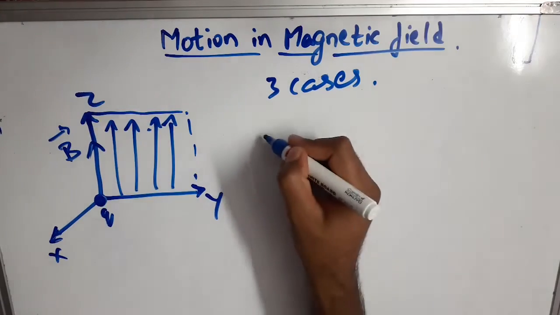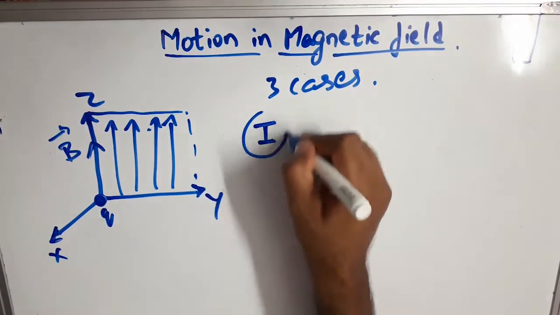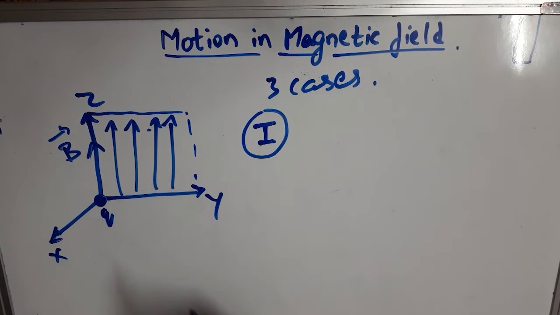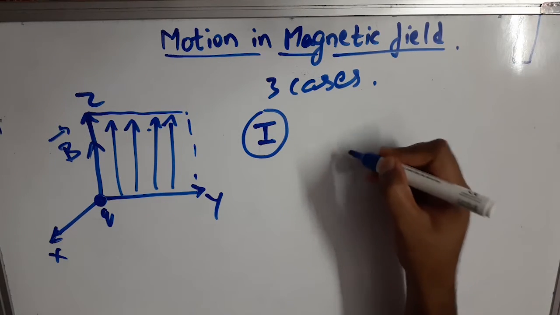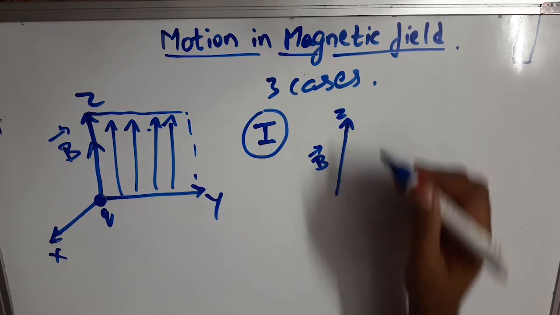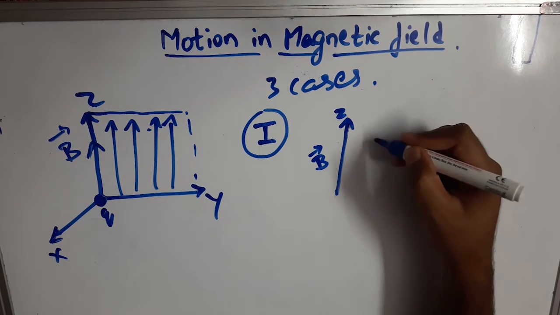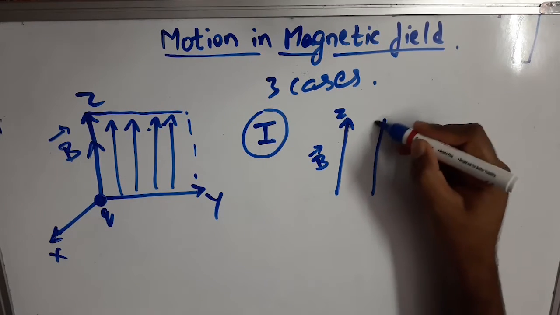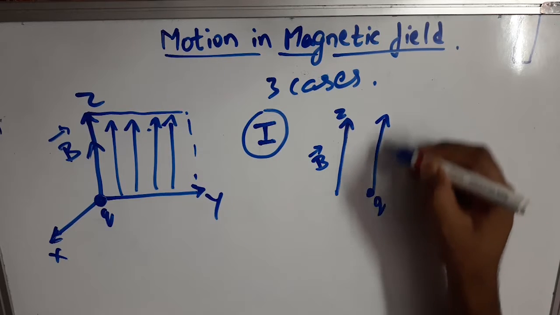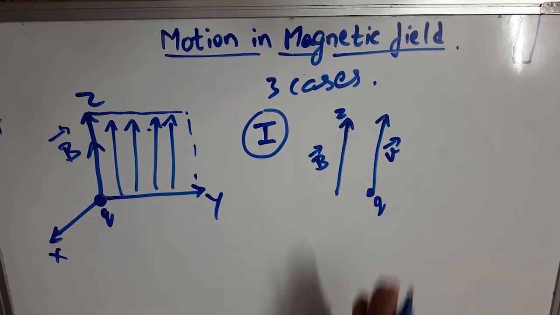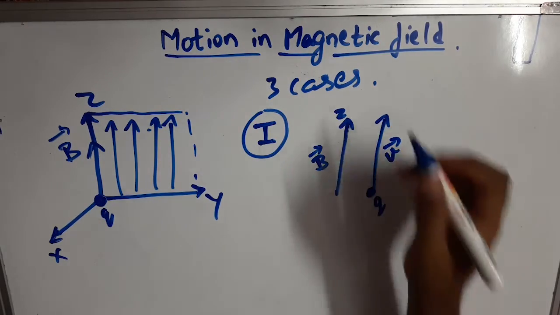Now to define the motion of this charge q in this magnetic field, I've got three cases. So let's get on to the first case. In the first case, this charge is moving in the same direction as that of the magnetic field. For instance, I have the magnetic field in this direction, that is the z-axis direction. Then my velocity vector, that is the motion of the charge with a velocity v, is also in this same direction as the magnetic field B. Then I'll have to write the equation above.